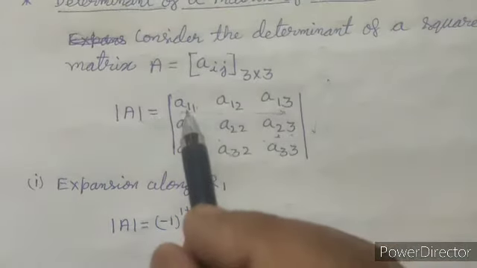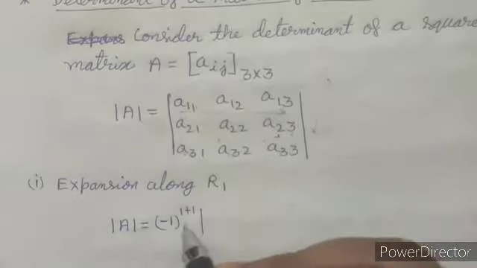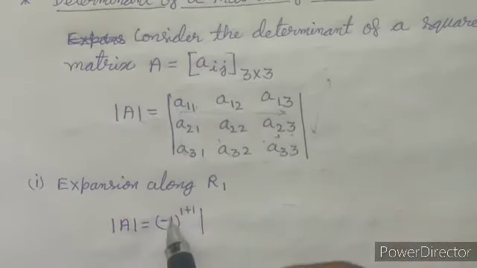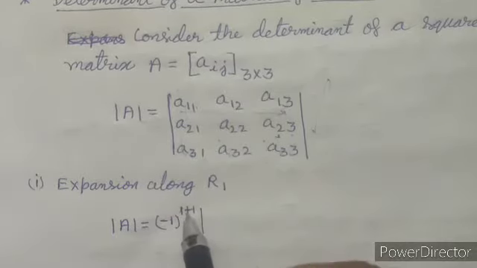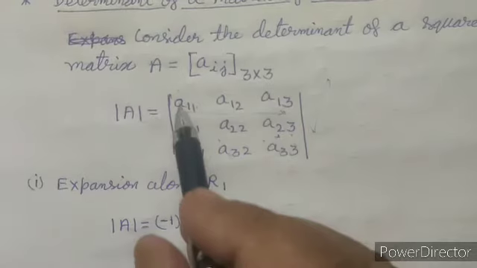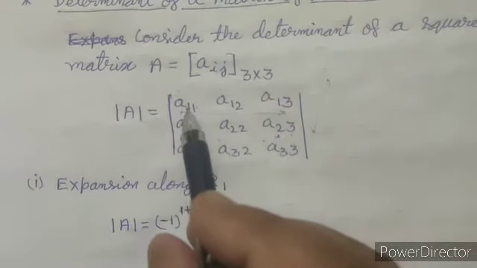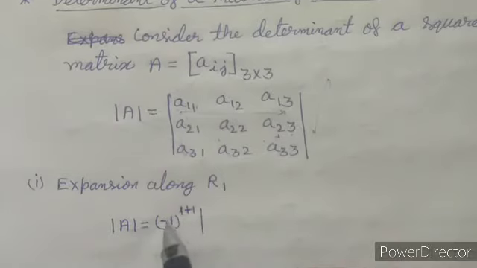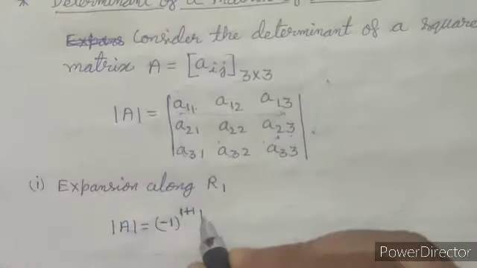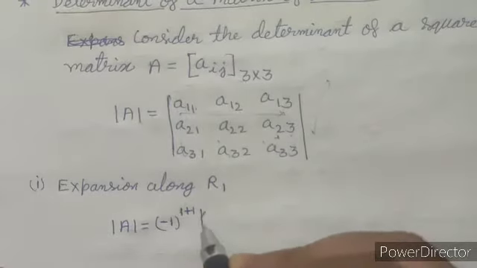Now its element is A11, so this will be minus 1 raised to power 1 plus 1, the element which we are taking. Here A11 is the element of first row and first column, therefore minus 1 will be raised to power 1 plus 1, into the element, and the element was A11,